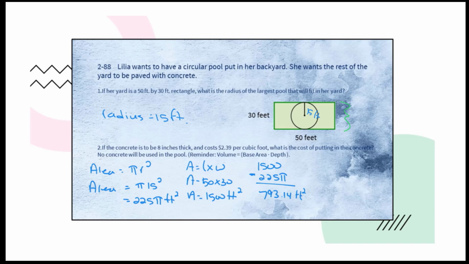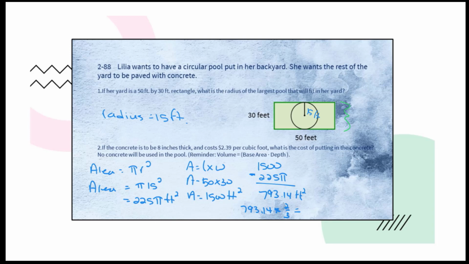Now, it also says that it's 8 inches thick, and we're dealing in feet. So that means we have to figure out what 8 inches is. Well, 8 inches is 2/3 of a foot. So we're going to be multiplying 793.14 times the fraction 2/3. This will give us the volume, which we then need to multiply by $2.39 to find out the cost of the cubic feet of concrete that are going to be needed. And so when I do 793.14 times 2/3, I get,